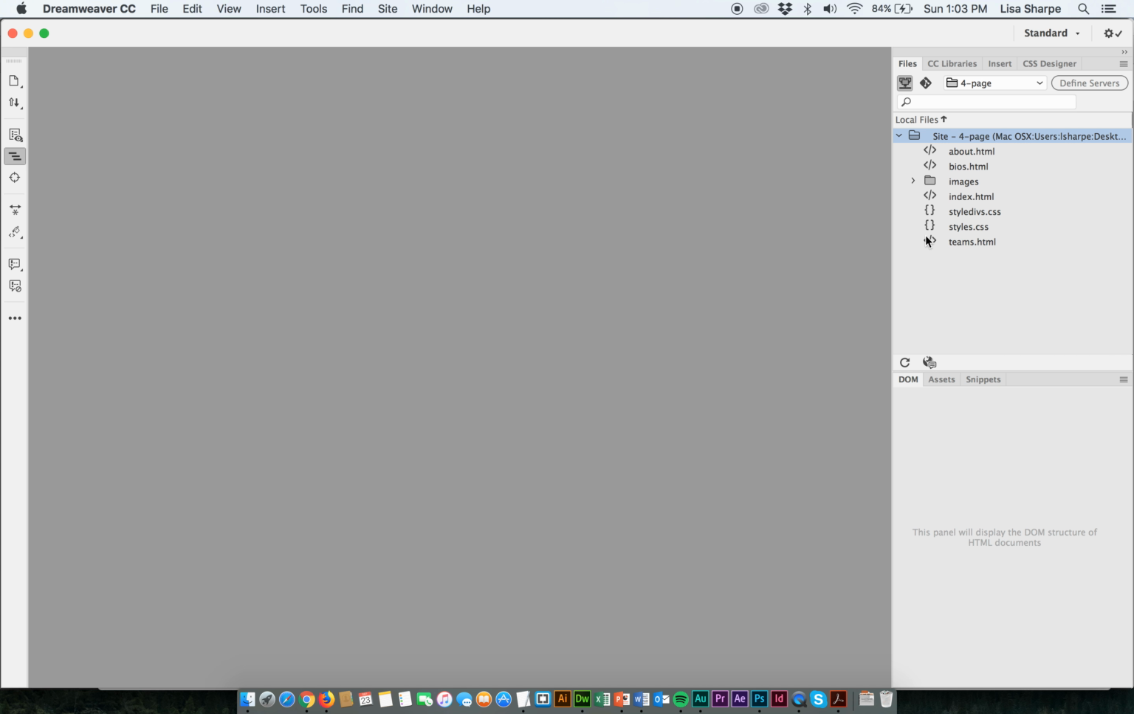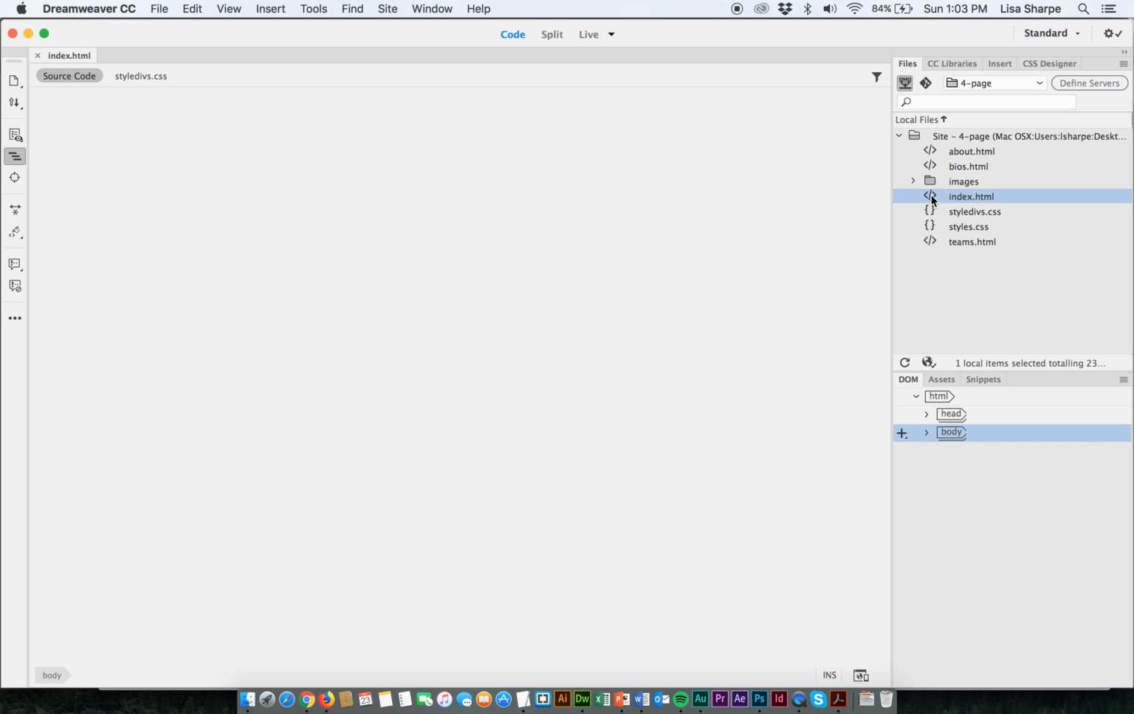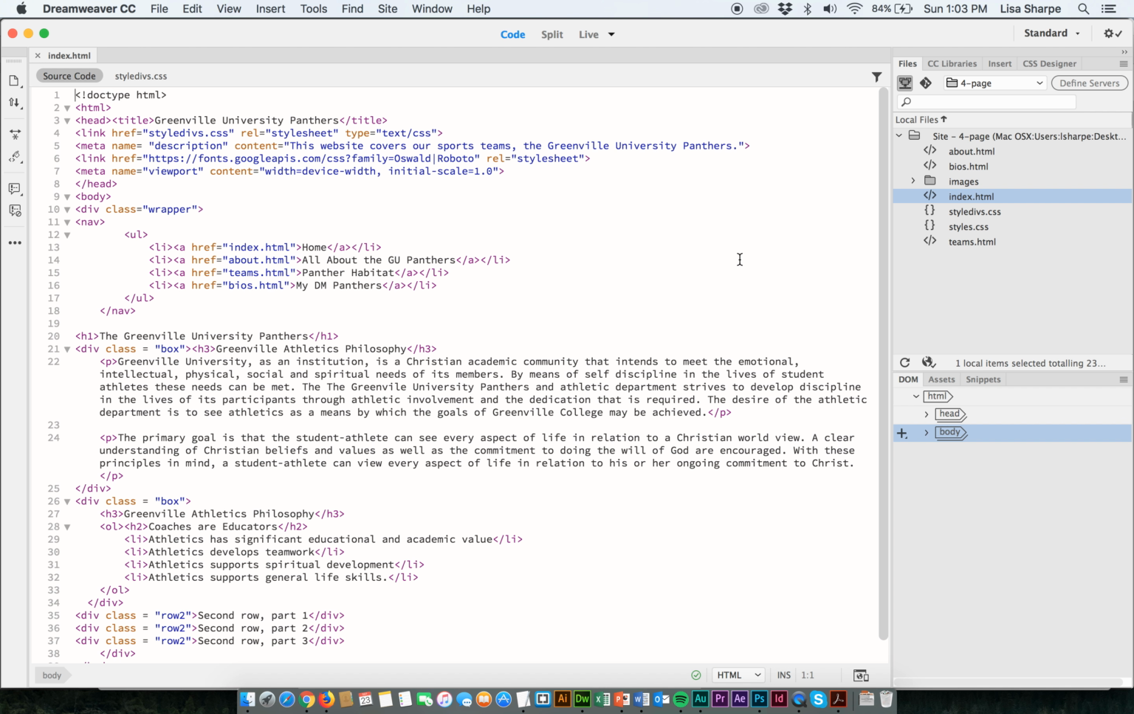Okay, so now Dreamweaver brings up in this right-hand panel, it's called Local Files. It brings up all of your pages and it brings up our images folder. So now Dreamweaver knows where everything is in your website. Okay, so I'm going to open up my index page,